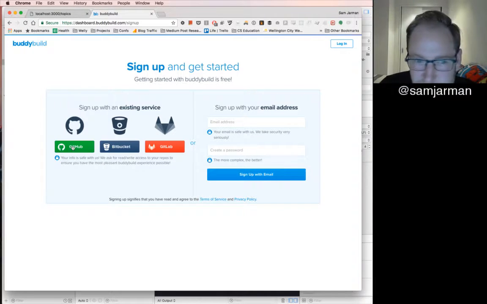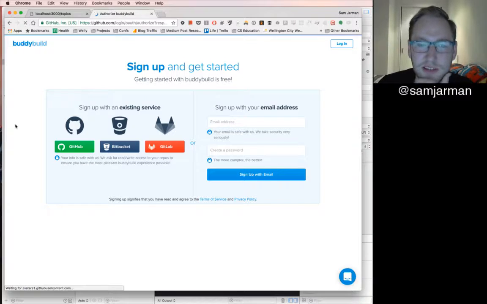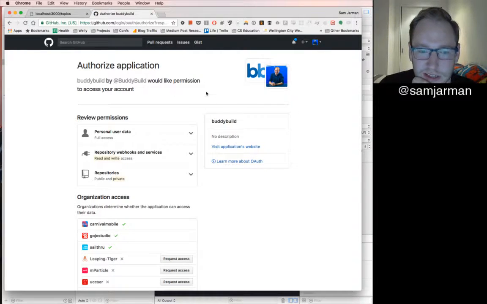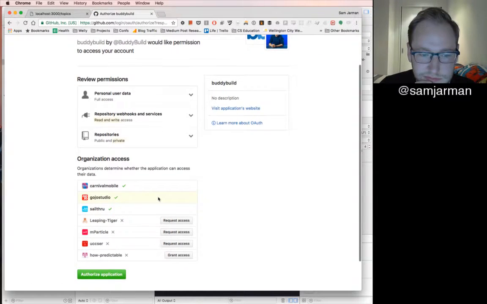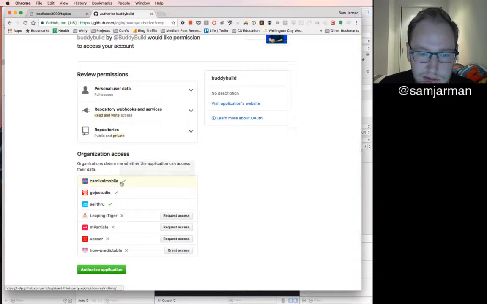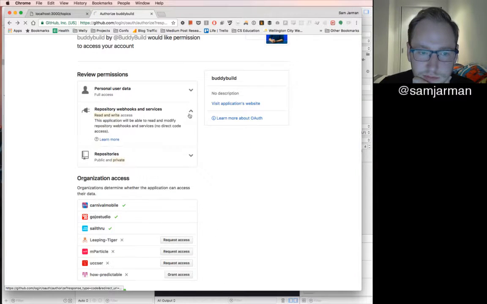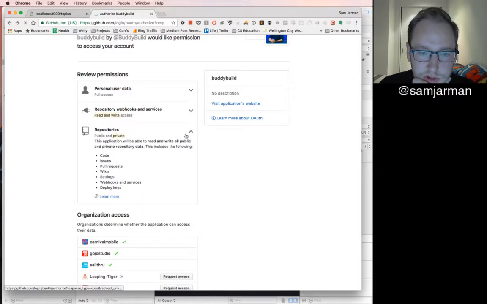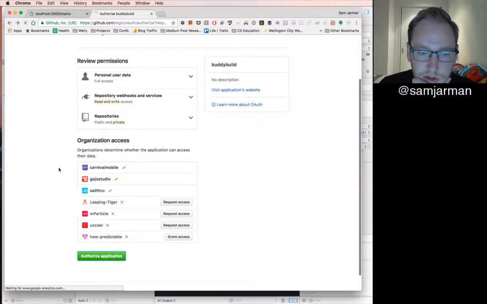Excellent, there's single sign-on. I want to use Bitbucket because my code is in Bitbucket. Cool. I don't want that one. Oh, no, that's fine. Repositories. Sweet. Go for it.